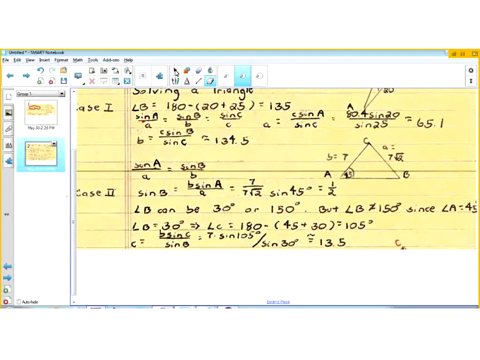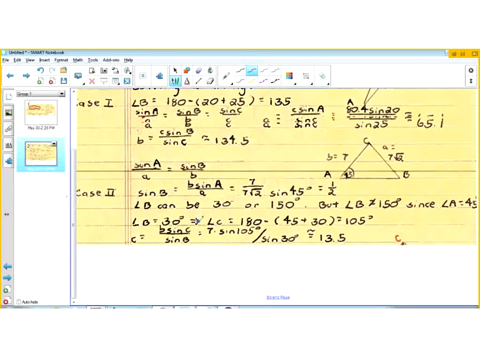But angle B, of course, cannot be 150 degrees. You would have to reject that solution because angle A is 45 degrees, and 45 plus 150 is 195, and of course you can't have two angles summing to 195 degrees in a triangle. So that means angle B has to be 30 degrees, and then you can get angle C,